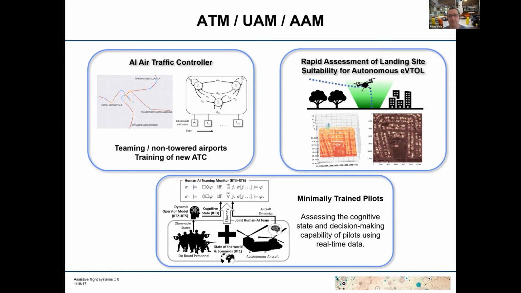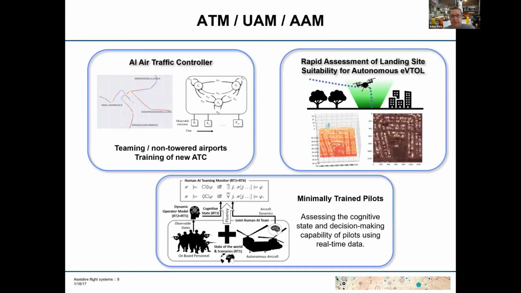Another project, crossing our fingers, it looks like we're going to get funded if the money gets pumped out this year. We're looking at how AI systems can work with minimally trained pilots. So what we're trying to do is look at psychometric measures to assess the cognitive state of, let's say, a medic on an autonomous helicopter. And when things go wrong, who do we trust more, the medic or the AI system? Especially given the fact that the AI system might have broken sensors, or the stress of the medic might create poor decision-making, right, or poor responses if there's some sort of interaction between these two entities.